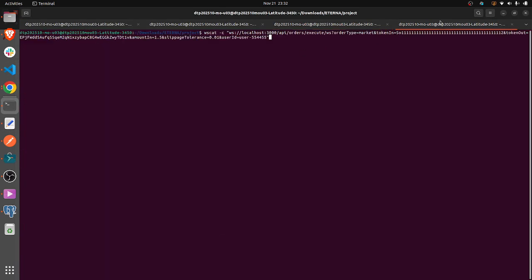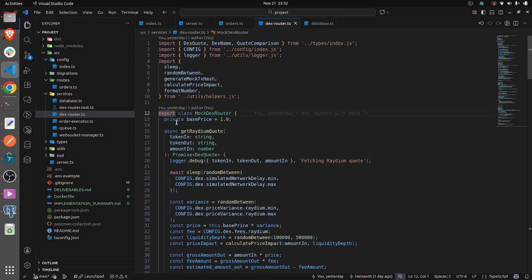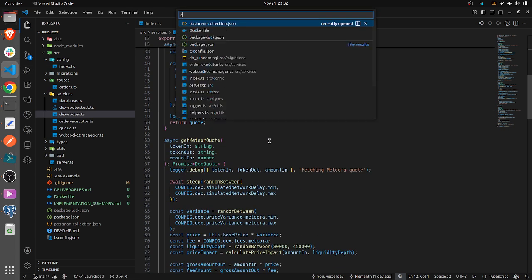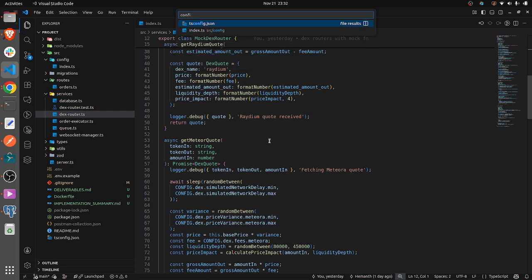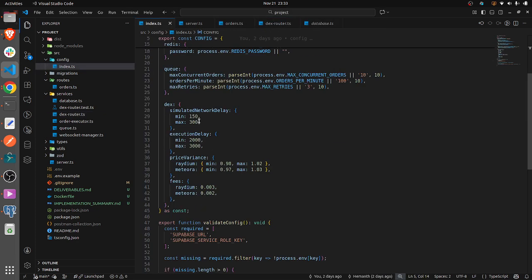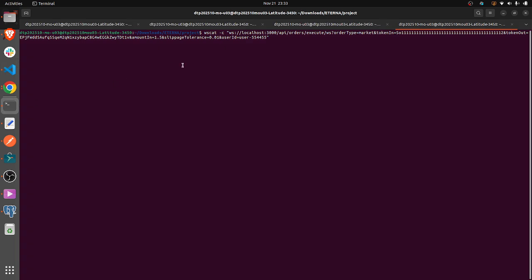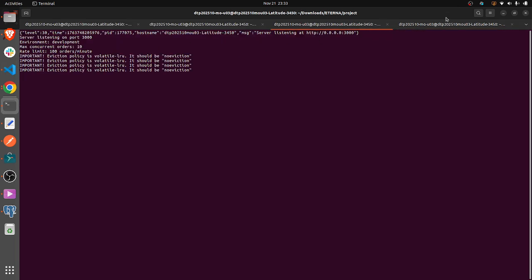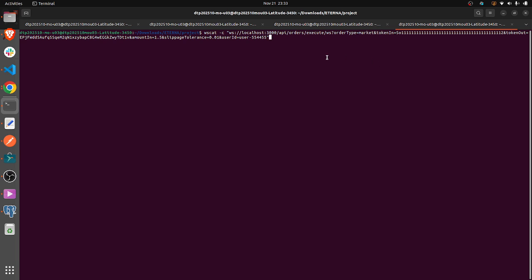Let's try the socket approach. For this we can change the delay also. I can make it the same here also, so that it will take time to test our application. I think the node modules are installed. We can see that